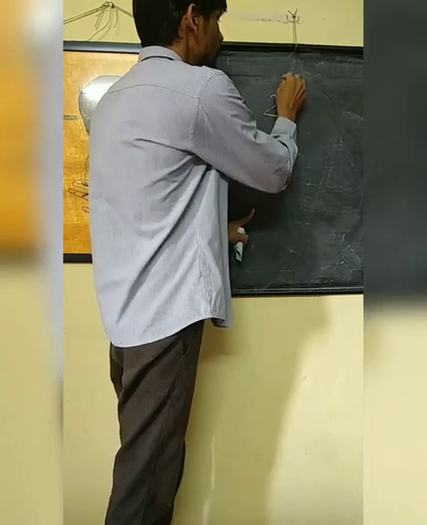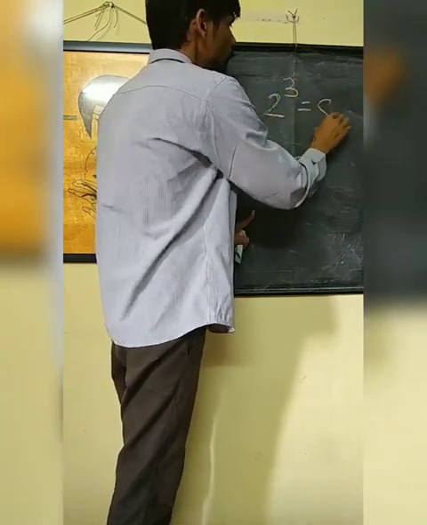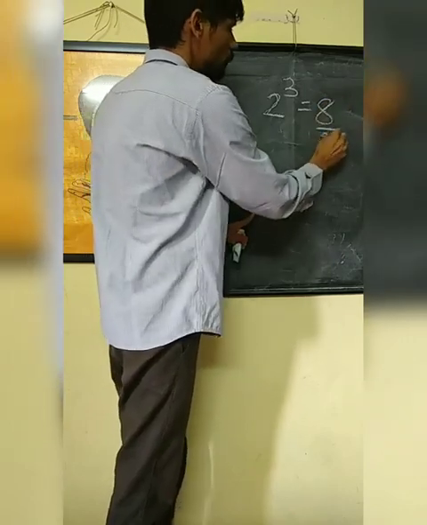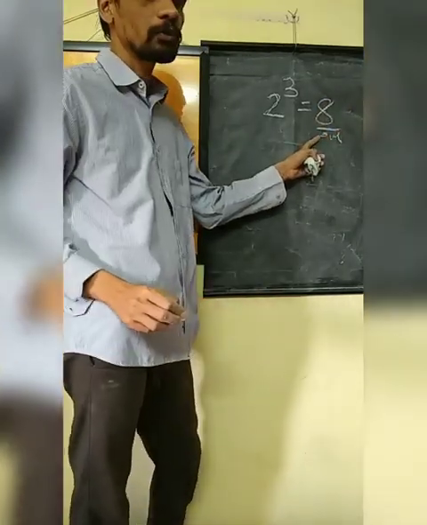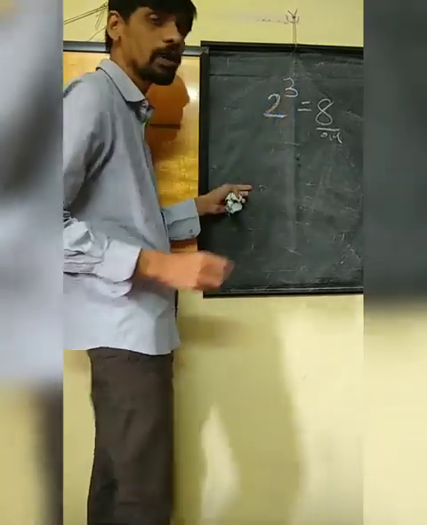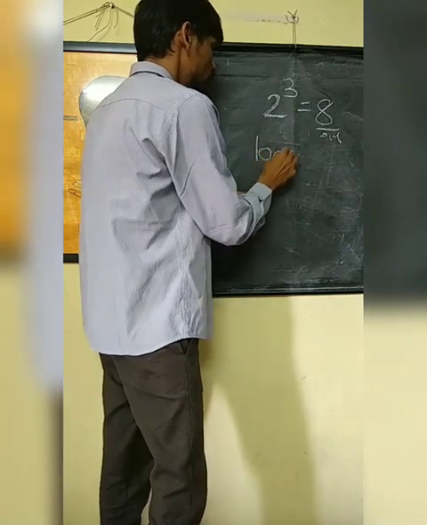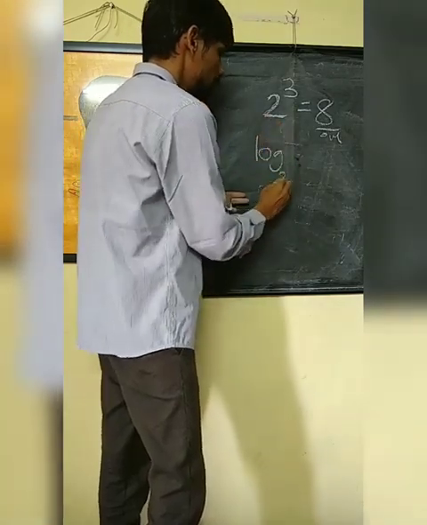So for example, as we discussed, we have 2 power 3. 2 power 3 output, what is output? This is output, right? 2 power 3 output is 8. So in logarithms, other way of representation, how can we say log base 2